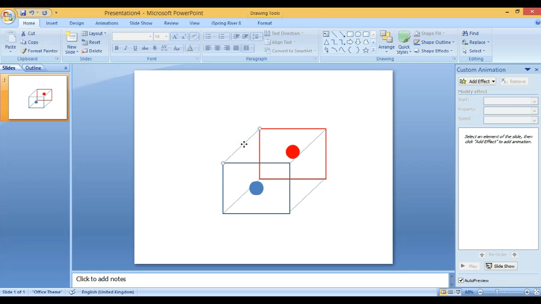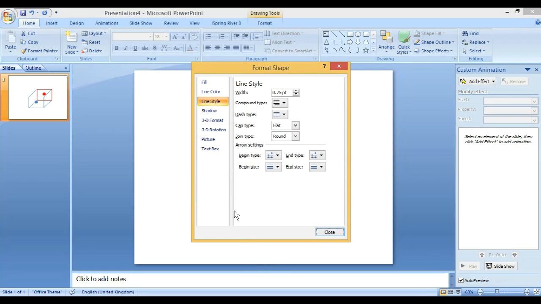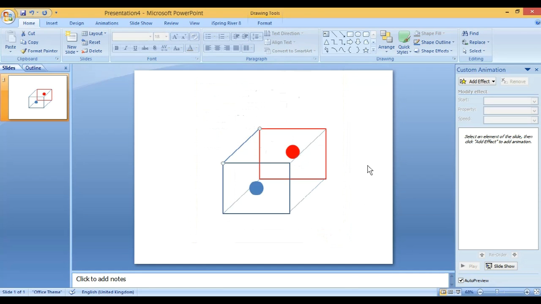Let me see if I can make this line thicker. If I click on it, I can right click. Oh, I didn't get it this time. I click, right click, and I say format shape. Now the shape that comes, this is the width of the line, which is 0.75 points. Maybe 2 points can do. I can say 2, right? I close. Now it's thicker now, just as thick as the other one, so I can make all of them